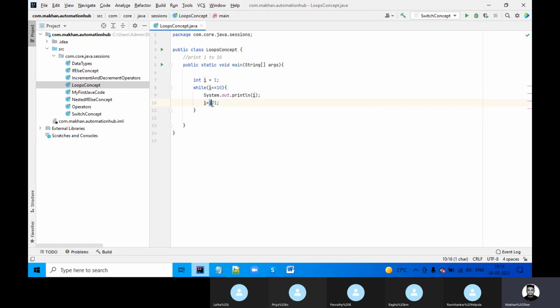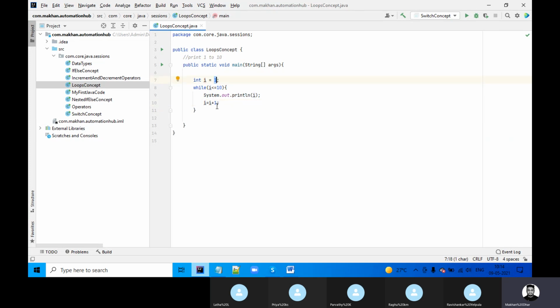I already covered the initialization, incremental and decremental. Here we increment by 1. First it prints the current value of i, so 1.